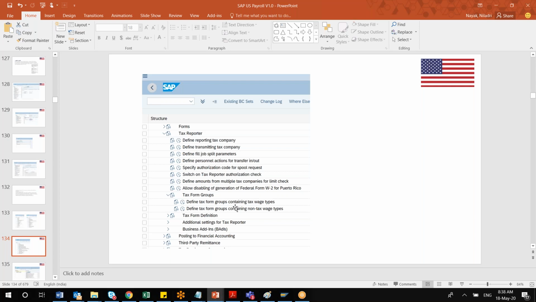Where percentages of taxes are applied, do you know where it is done in the US? For instance, if the state percentage for income tax is 7%, where is that maintained? Okay, that I'll be coming to. Do you mean the contribution from the employer, or both, or how is it? There are both.